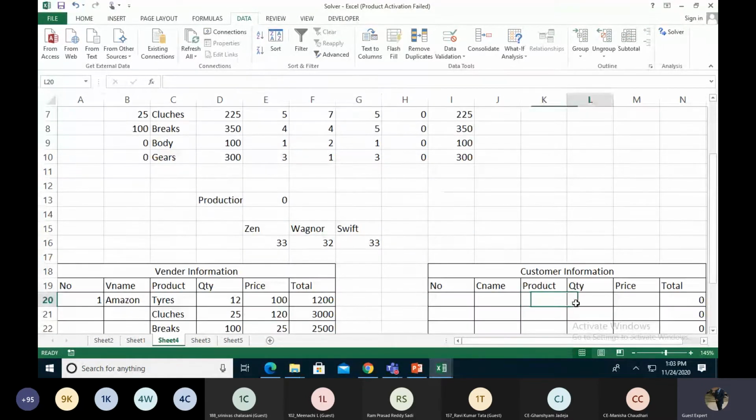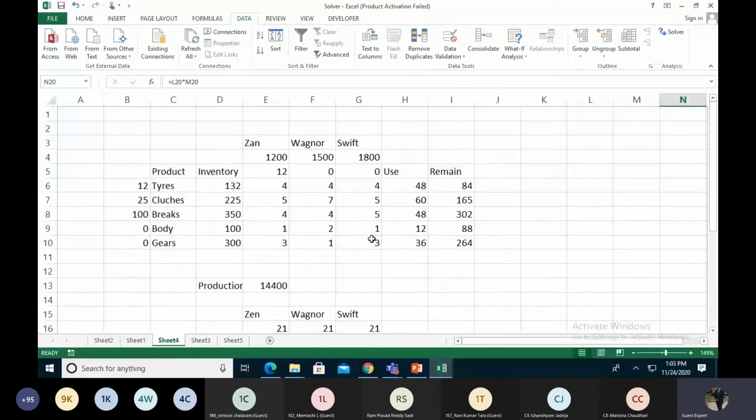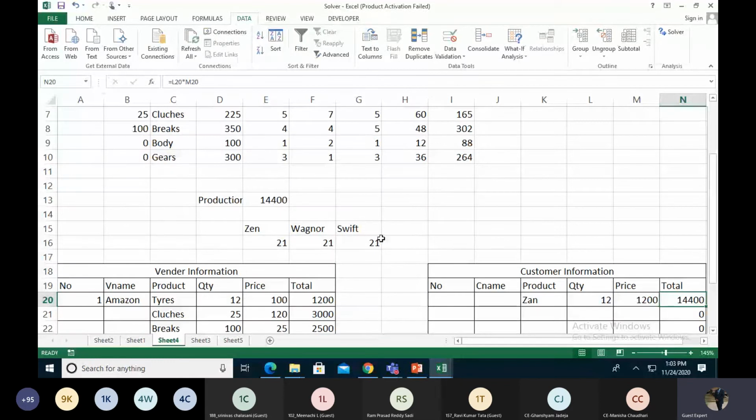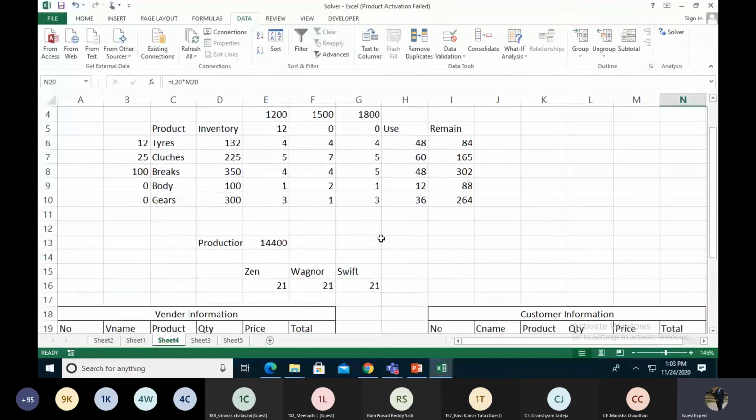Right now we sell the Zen. I'm selling 12 Zens, 1200. So this affects my Wagoner, Swift and Zen as well. Right now they are showing the same value, but sometimes they are going to be different, because we are using the inventory at a lower level. If you change the value, see this.